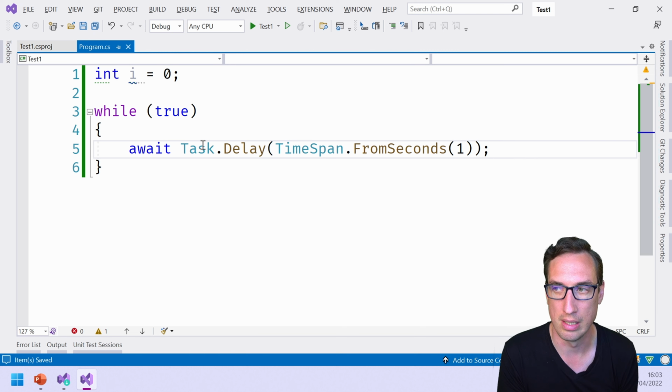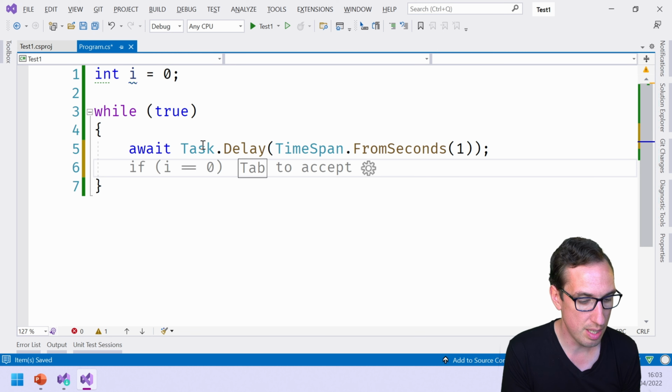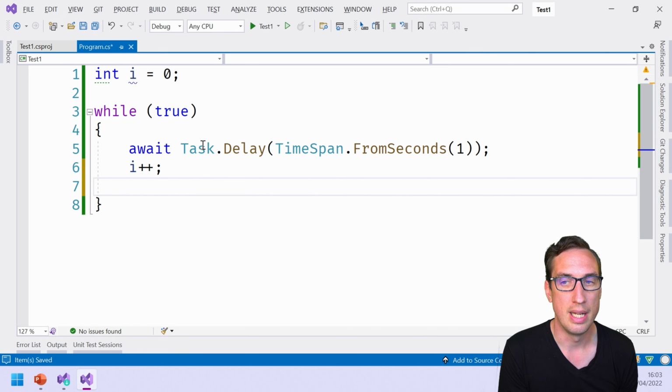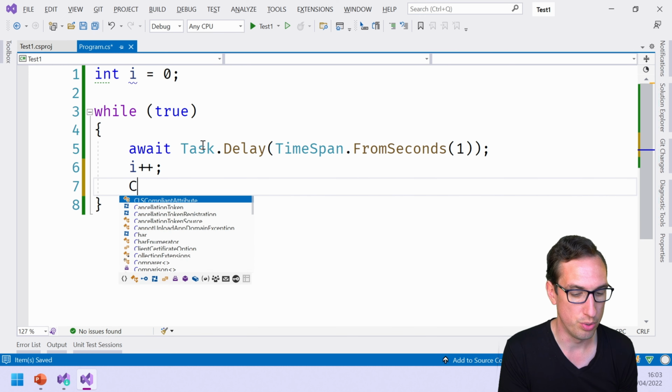Of course, it's a lot of text to do a very simple thing, but it's very clear immediately. In my next step, I'm going to do i++ to increment i with 1. And then on my next line, I'm just going to output by using